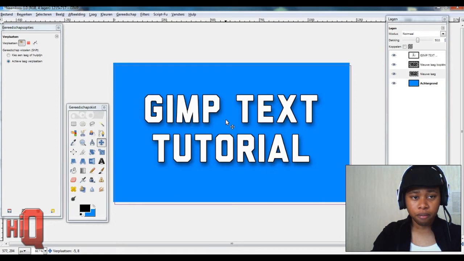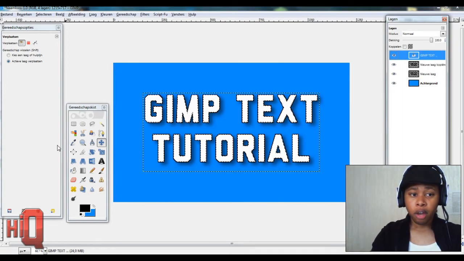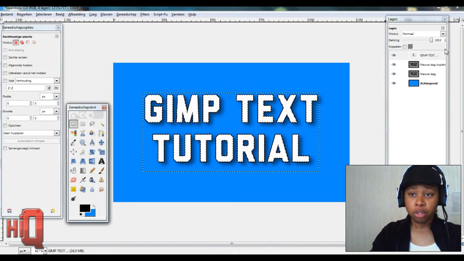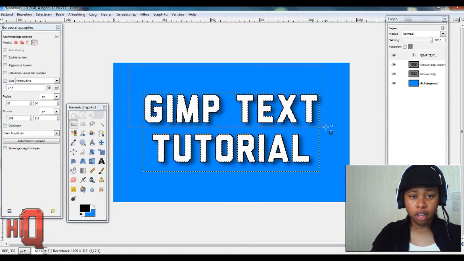As you see here, I do it a bit by hand to see if it's alright. That looks good. Alright, now we do alpha to selection on the text layer, by the way. Now we use the square select tool, or rectangle select tool, and we use the cut option, that's the fourth one, and we want to select this right here, the Gimp text, just one part,